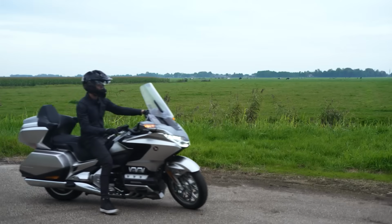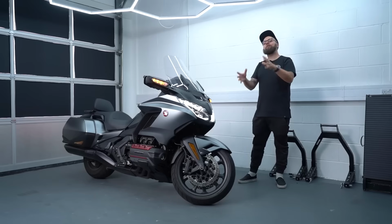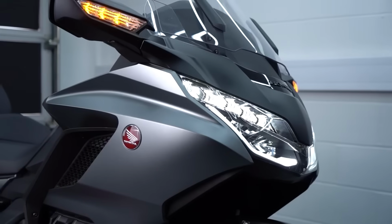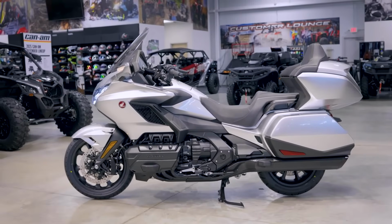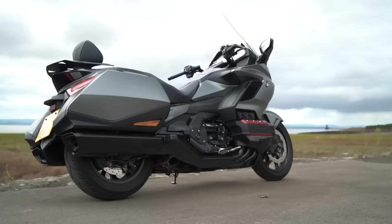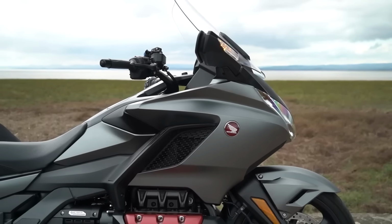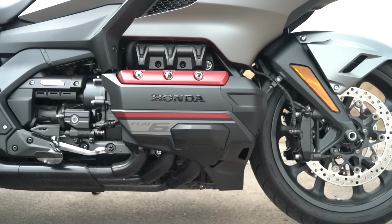What makes this bike special isn't just its size or features. It's the way Honda has engineered every component to work in harmony. From the engine, to the transmission, to the suspension, everything is designed to provide effortless, comfortable touring. The Goldwing Tour DCT is what happens when engineers are given the mandate to create the perfect touring motorcycle without compromise. Powered by a silky smooth